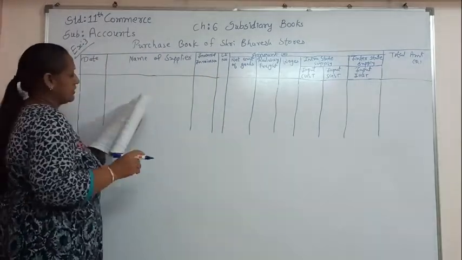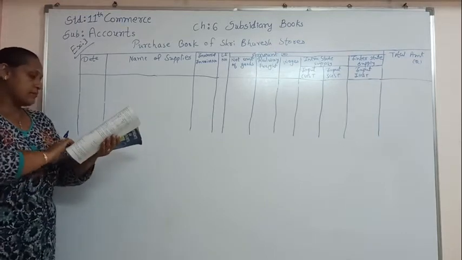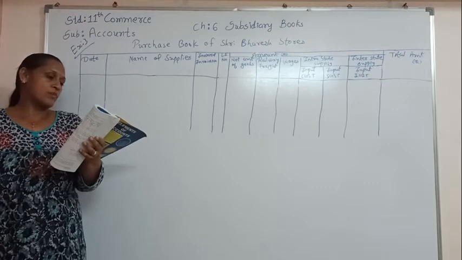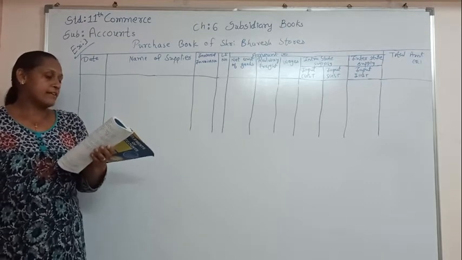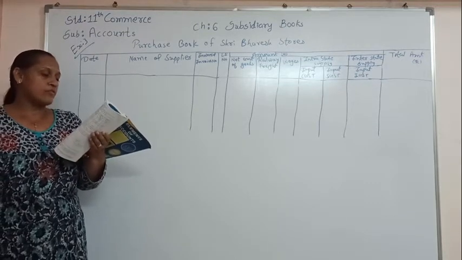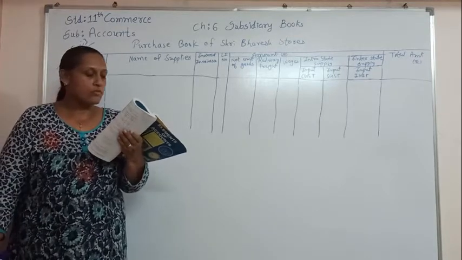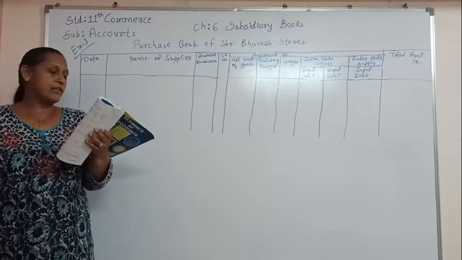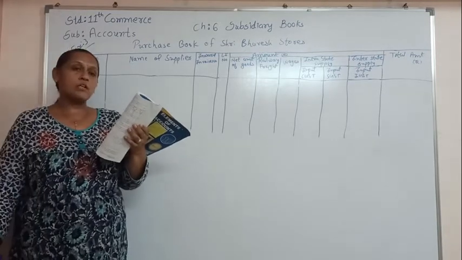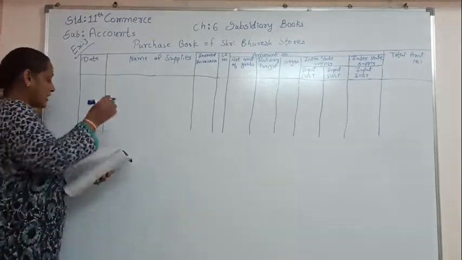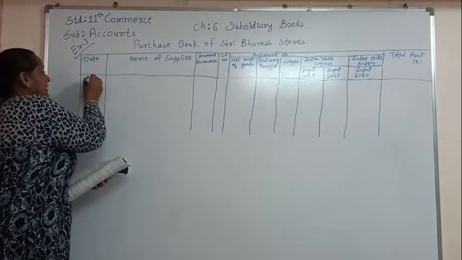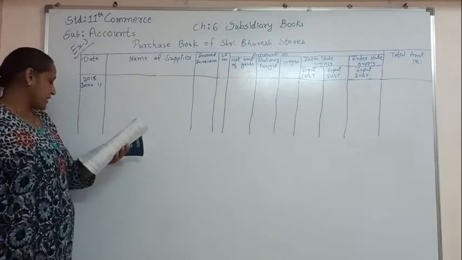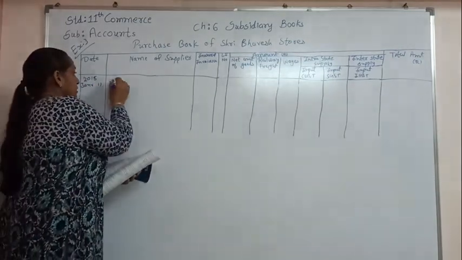And now let's see transaction number 1. So here goods purchased of rupees 10,000 at 10% trade discount from Vipul Store of Rajkot. Rupees 500 for labor and 400 for railway freight are disclosed in bill number 239. So here 2018 January 1st, and it is a purchase from Vipul Store.